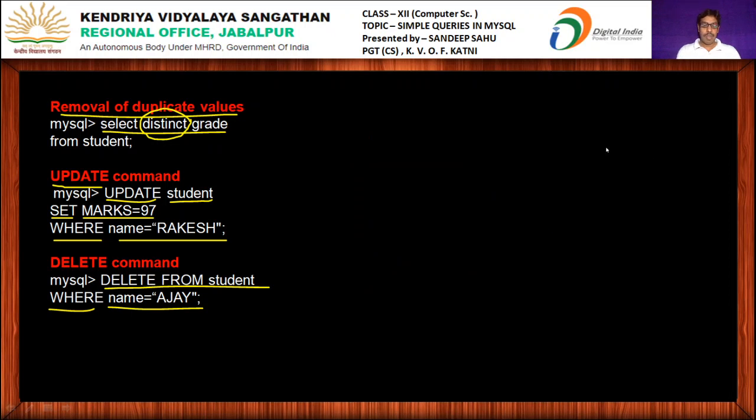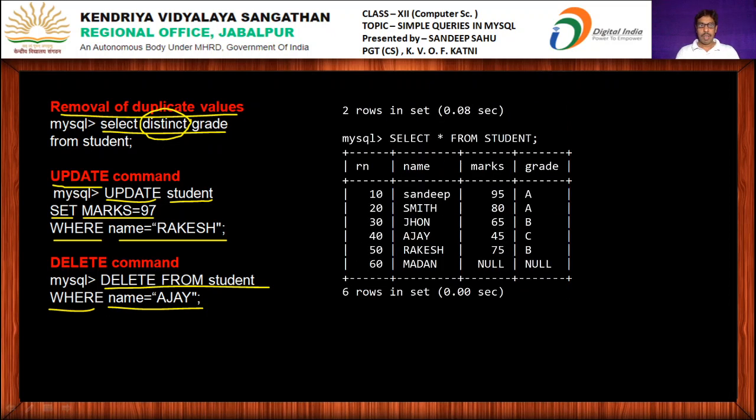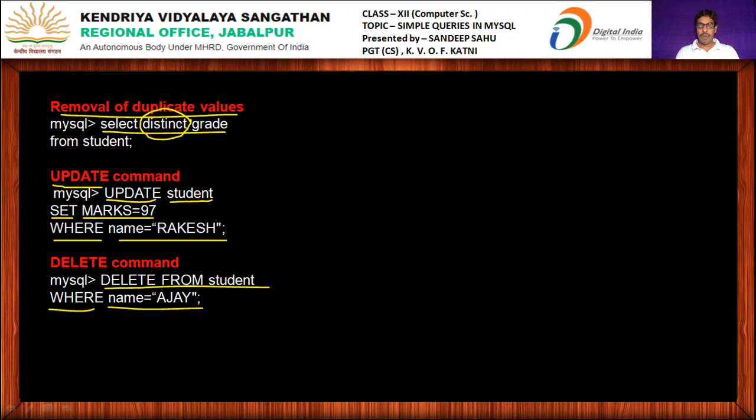First, distinct. So you can see the table. In this table, there is repetition of grade, and I want to see only distinct grades. What should I write?